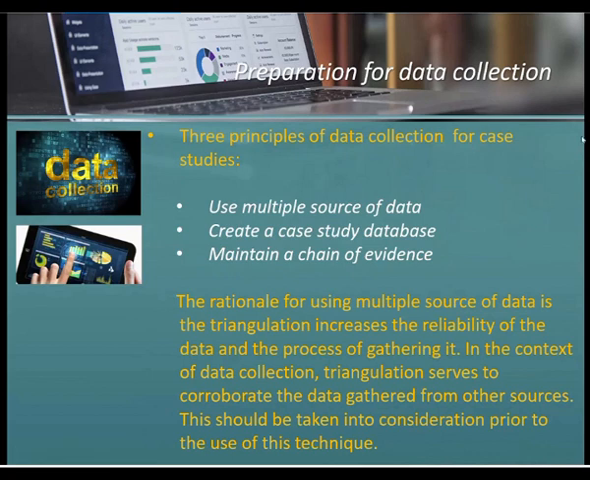So three principles of data collection for case studies are: use multiple sources of data. You cannot rely on one thing. Maybe you ask expert opinion. You also go to observe yourself. There must be more than one source to validate, because case study research, that's why a lot of people are